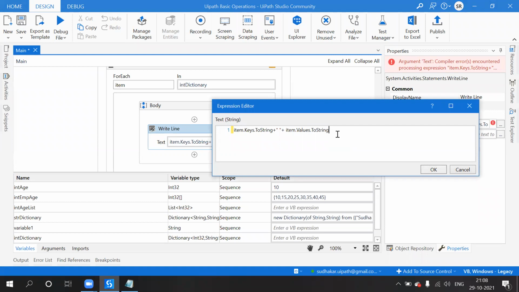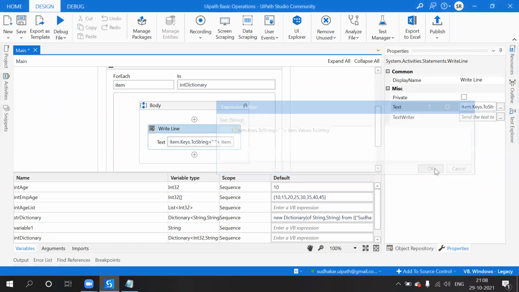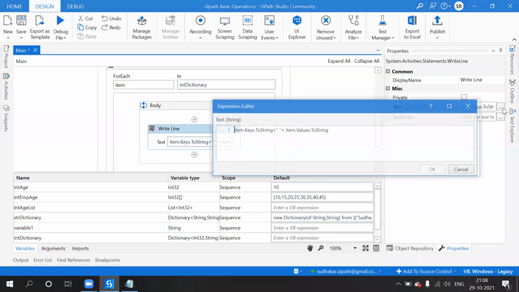Then the error is gone. Why? Because here we are using concatenation with the string. We want to show each and everything in one line only. I don't want to define item dot key dot to string, item dot values dot. Because anyway it is a string, so even though we are getting